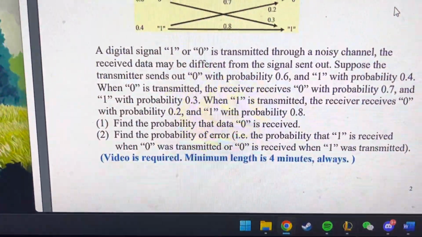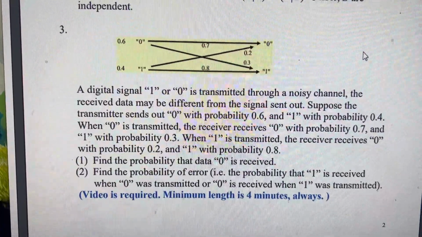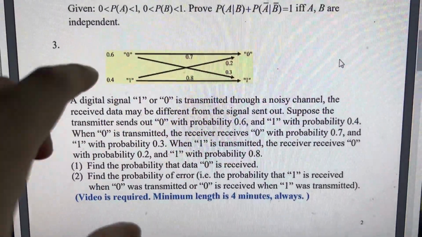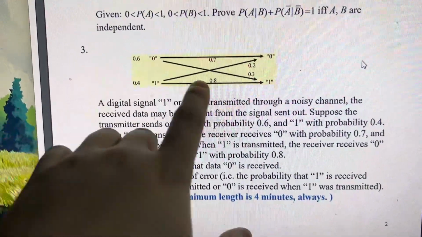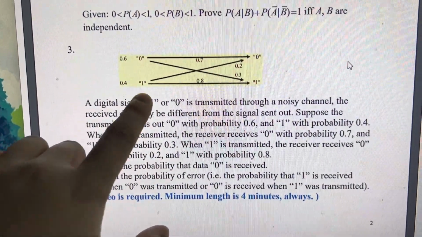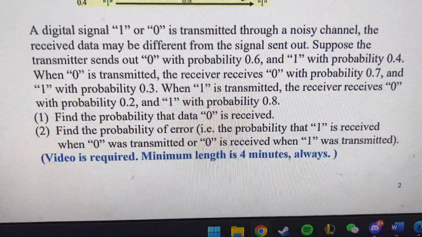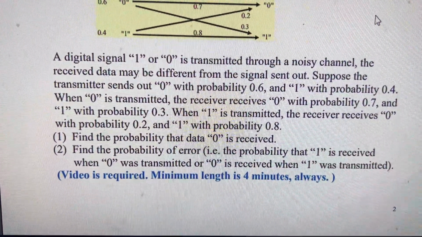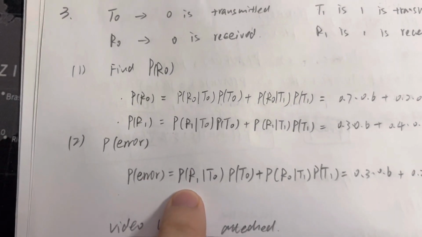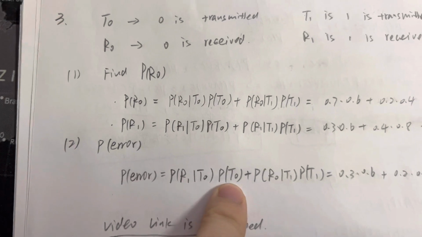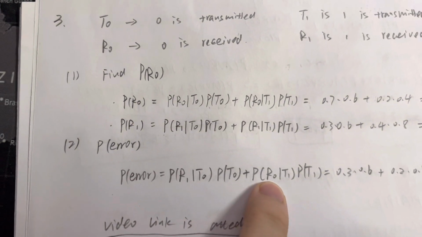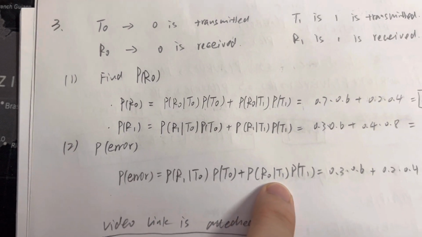So second is to find the probability of error, where error means 0 transmitted but 1 received, or 1 transmitted but 0 received. So it's this one and this one, because it is also the probability of 1 received when 0 transmitted, and 0 received when 1 transmitted. So like here, 1 received with 0 transmitted, plus 0 received with 1 transmitted,